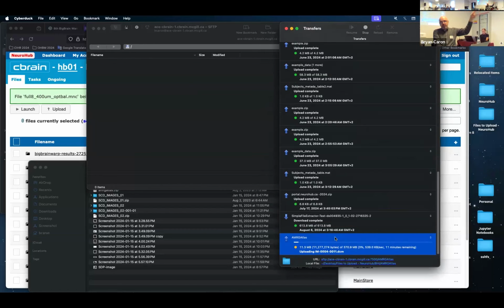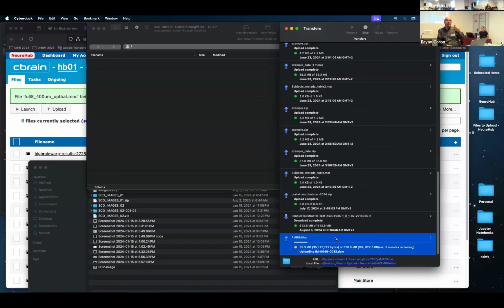And then once it's finished, all you have to do is move it into your project, because right now it's essentially being put into a parking lot, a temporary space that it's uploading to. Once it's finished, all you do is say, okay, I want to reassign this to my project. Then all those files you uploaded will be visible within CBRAIN for you to run an analysis tool. So this is the preferred way of uploading data in bulk. The web interface is great for a couple of files, a few files that you can do one at a time. But for large bulk data, you submit it through the SFTP transfer, let it go and let it do its thing.